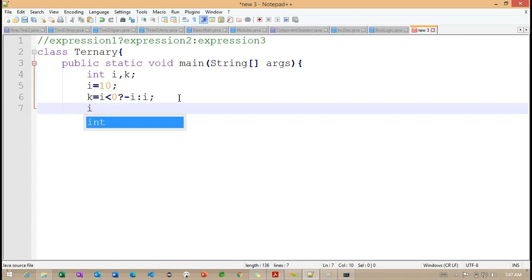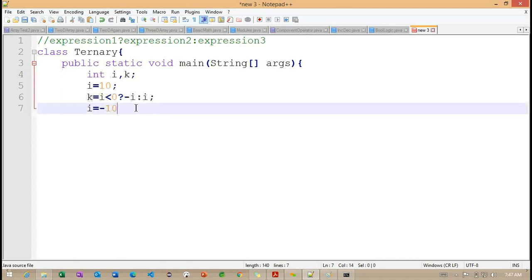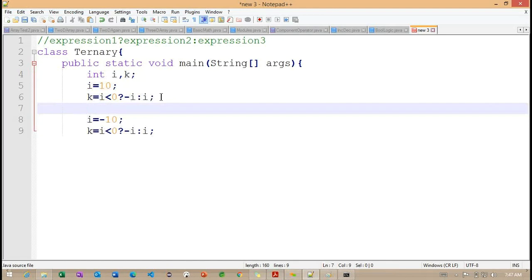Right. So in the same way, I'm going to write one more value here. Same thing here, i value minus 10 here. Getting the point. So i value minus 10 here. So what about this particular scenario here? What is the value we are going to get here? Observe 10. Here, I'm trying to define System.out.println here.